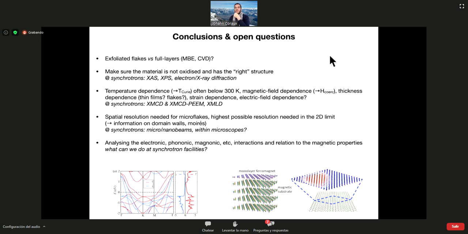So the reason why we believe the system is in plane, the main reason is the shape. It's obviously the shape anisotropy. So the dipolar energy of the system would like to be minimized, and it's the case when the magnetization is in the plane of the sample.